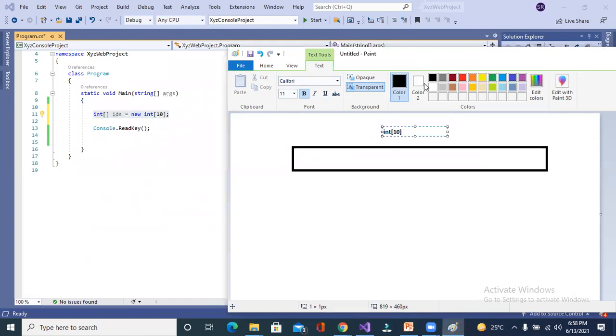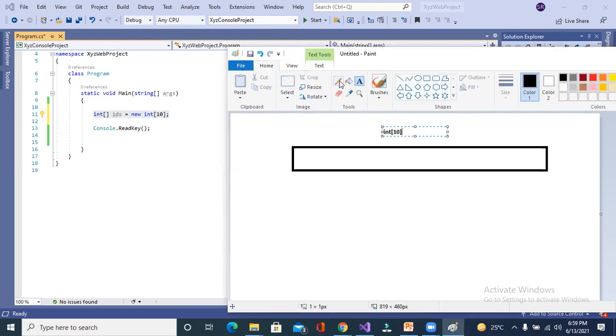Whenever you define the array, what will happen? It will create one memory block on your memory. You created an array of 10. What will happen? First of all, it will create one large block and it will divide this large block into 10 parts.